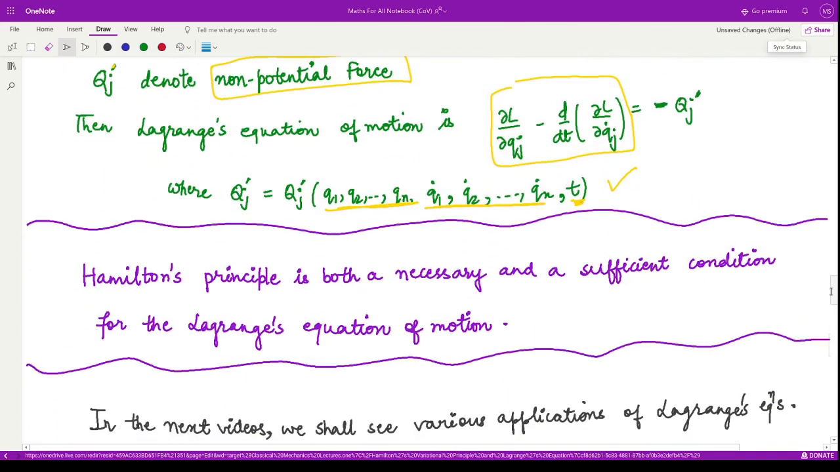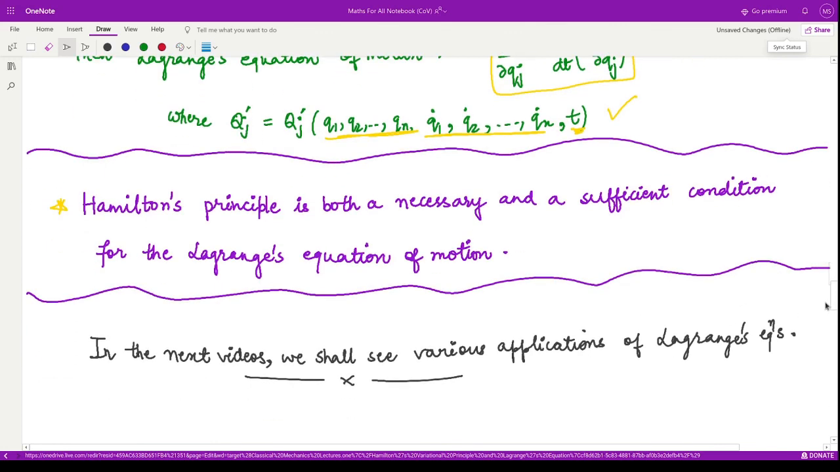So in this video we saw Hamilton's principle, that is both a necessary and sufficient condition for Lagrange equation of motion. And in the next coming videos we shall see various applications of